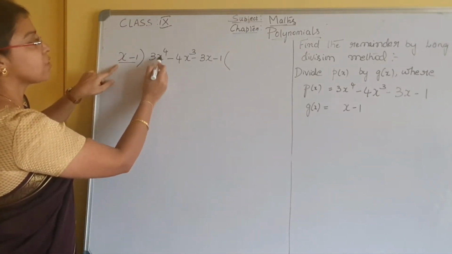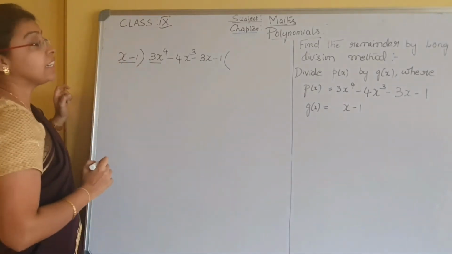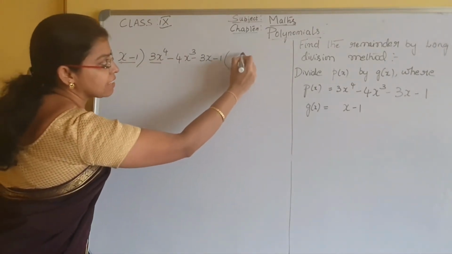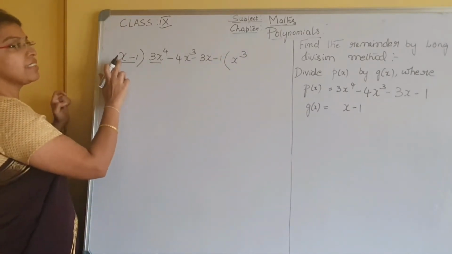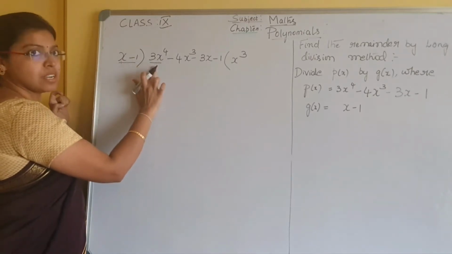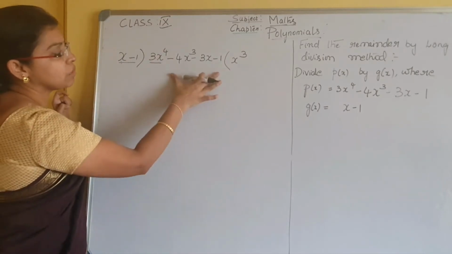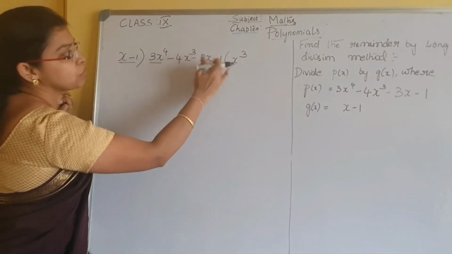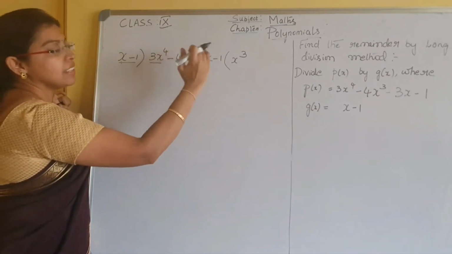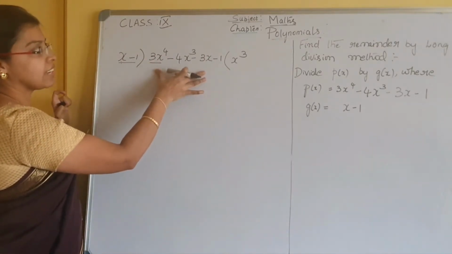So how do we get 3x to the power of 4? Take the first term x from the divisor and the first term from the dividend. If you multiply x with x cube, check only the variable part with the first term of the dividend. So the first term of the dividend is 3x to the power of 4. Before we write the polynomial, sometimes 4x cube could be written in the last term. So arrange it in such a way that the degrees are in descending order. Here it is already presented in decreasing order, so I will just take it that way.